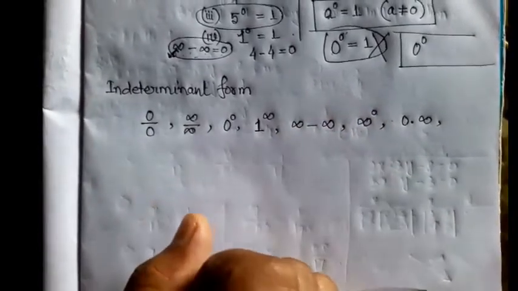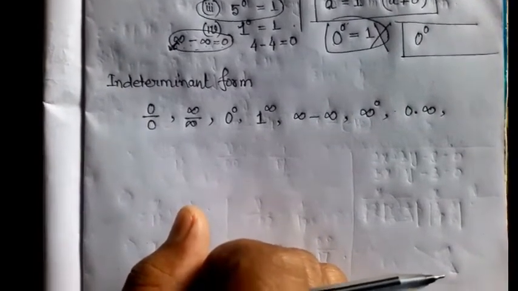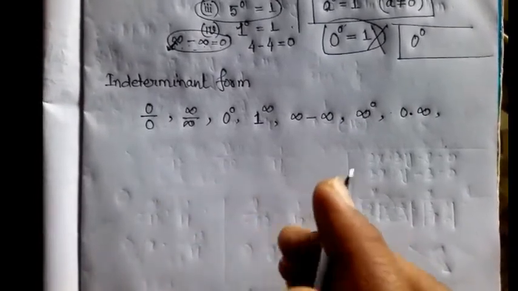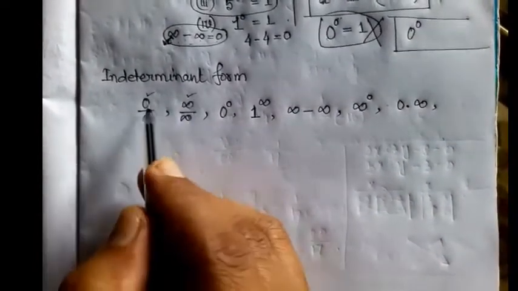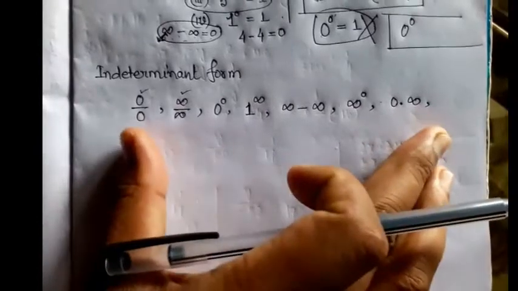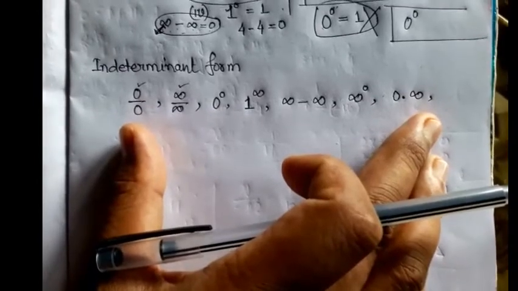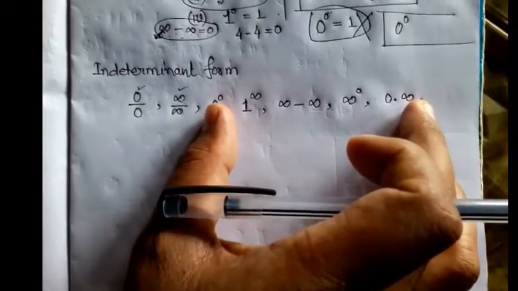Clear? So what is the process to solve a limit which is in indeterminate form? By L'Hospital rule. First, our target is always to try to convert the form into 0 by 0 or infinity by infinity. Only if we have these two forms will we apply it. Actually, for all these 7 indeterminate forms we can apply L'Hospital rule, no doubt, but we will convert the rest 5 into the first or second one. After that we will apply L'Hospital rule.